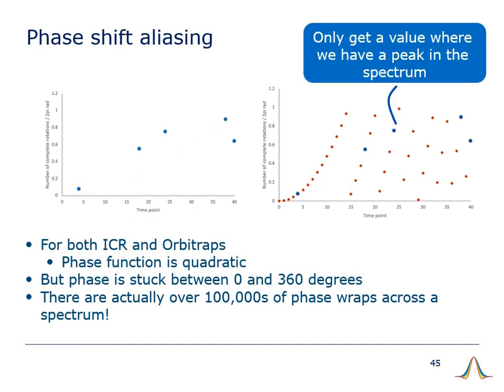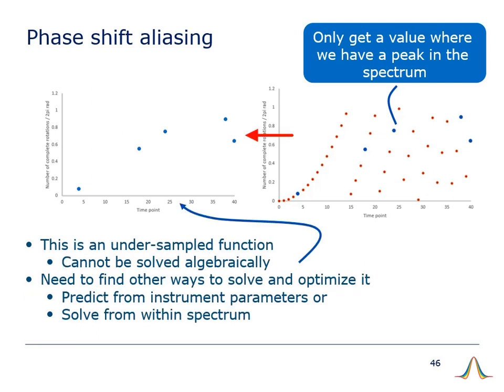But in real ICR or Orbitrap data, we only get a point on the function where we have a peak in the spectrum. And these peaks are usually fairly widely spaced, at least in terms of the rate of phase wrapping, because you can get an entire phase wrap across the width of a single spectral peak, and there may actually be tens, hundreds, or even thousands of phase wraps between adjacent peaks in a spectrum. So instead of our nicely well-sampled sawtooth function that's easy to solve, what we actually end up with is a very sparsely sampled function. Because this function is sparsely sampled, you can't solve it algebraically, so we need to find other solutions instead,